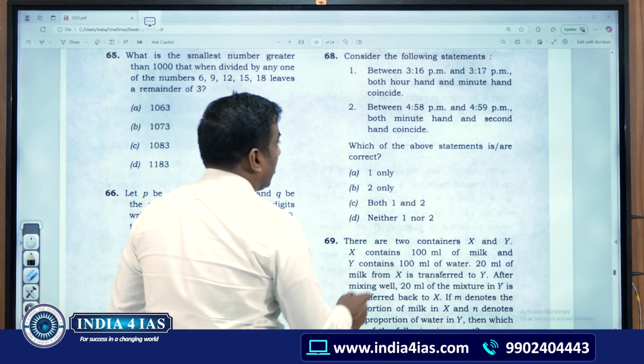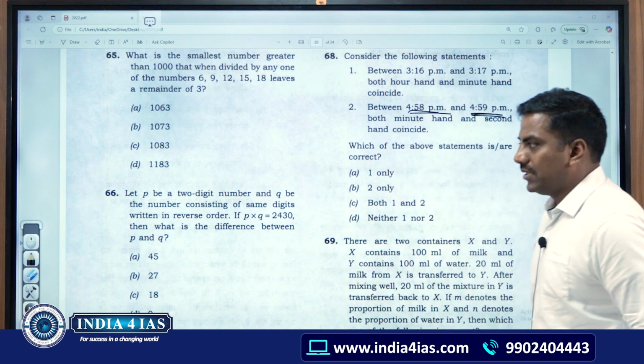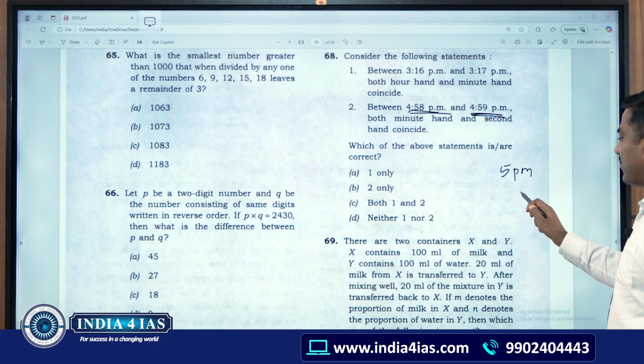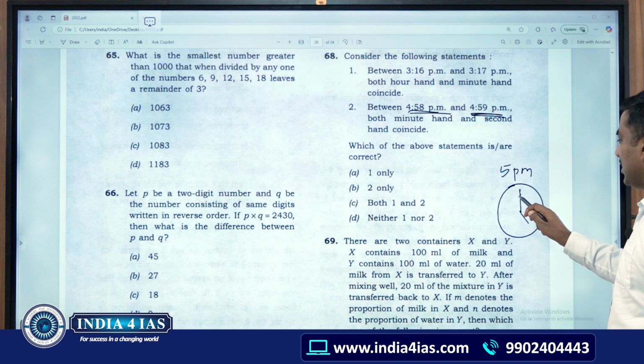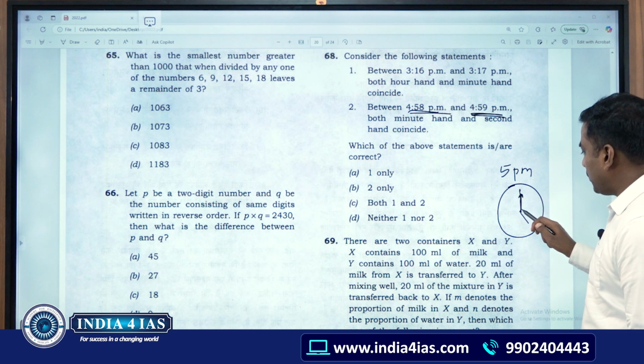Here they are asking 4:58 to 4:59. They will coincide. So one thing I'll tell, exactly at 5 p.m., this is our hour hand, this is the minute hand, and even the second hand will coincide with this at 5 p.m. But just before this,